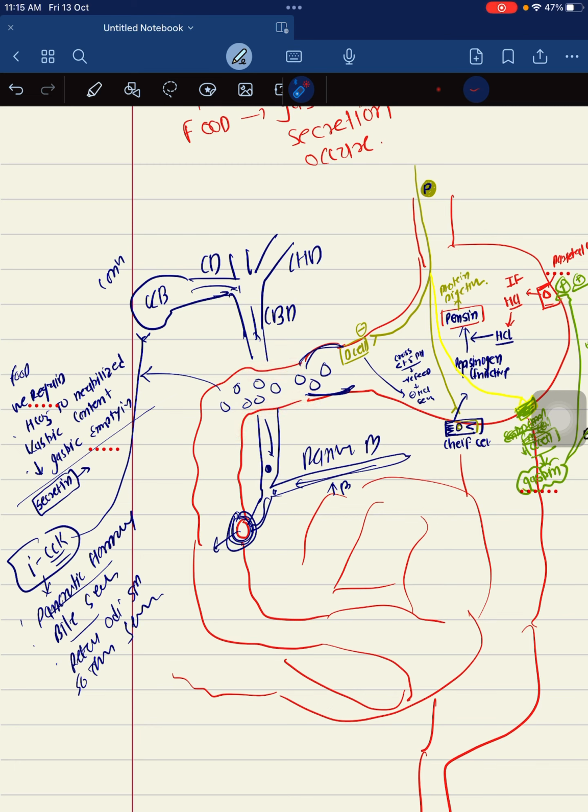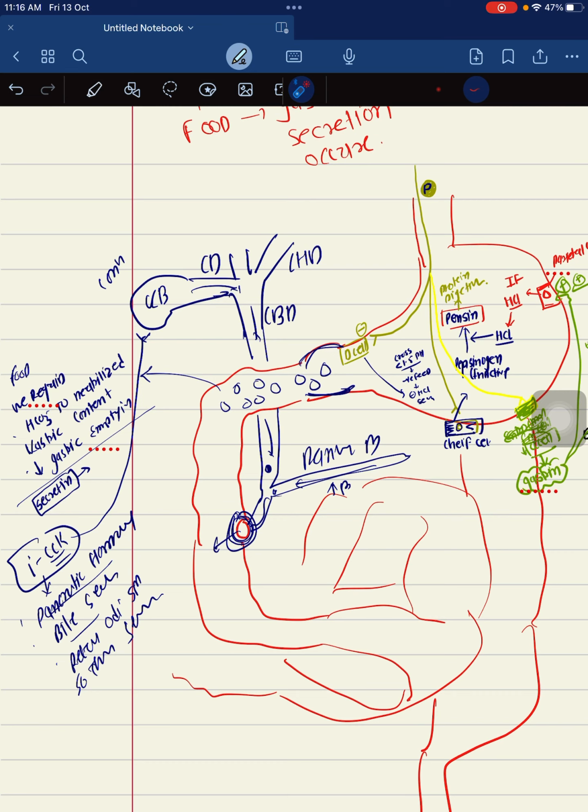Secretin, first of all, inhibits the neuroendocrine G cell and decreases gastrin secretion. Food is coming, and we don't want the acidic food in the duodenum. So the secretin will decrease the gastric emptying. And first of all, whatever food comes, we have to neutralize it with bicarbonate, HCO3. It is done by the secretin,